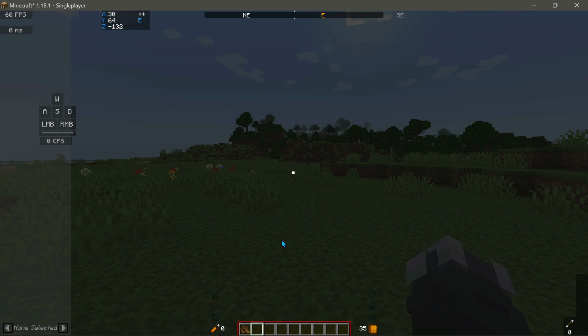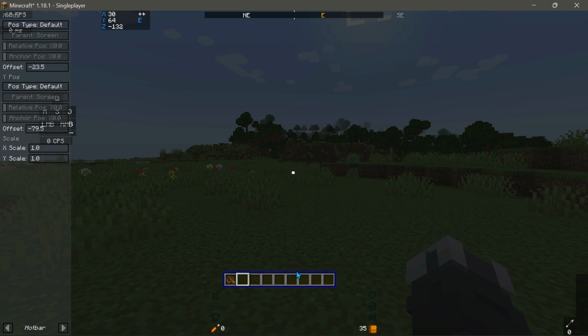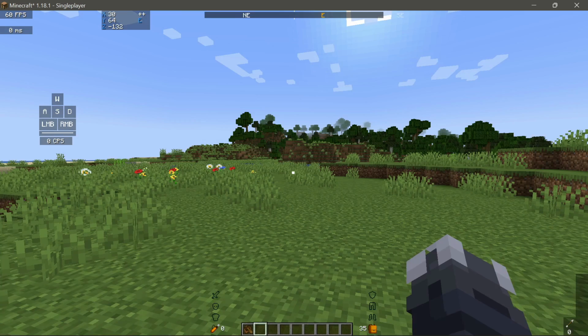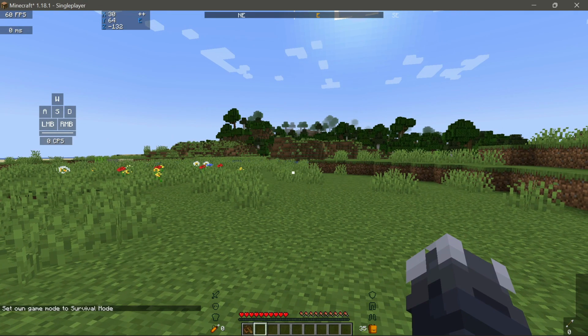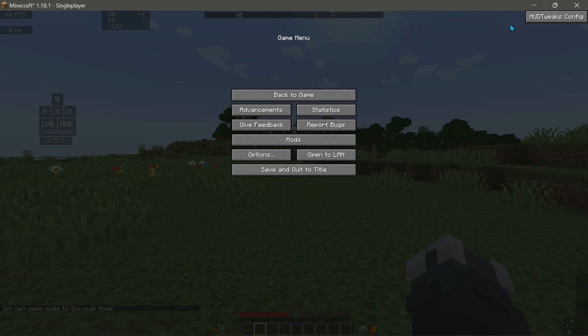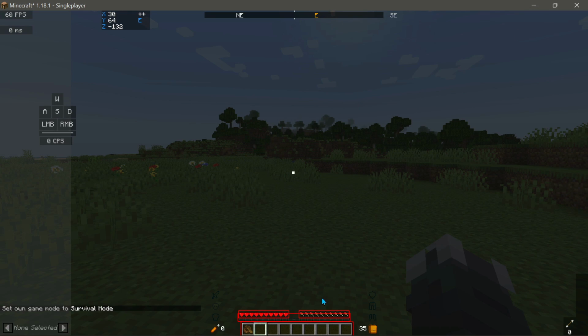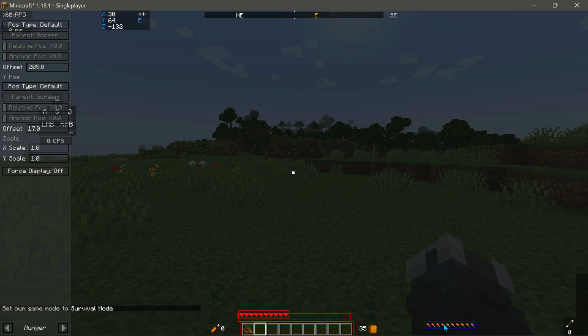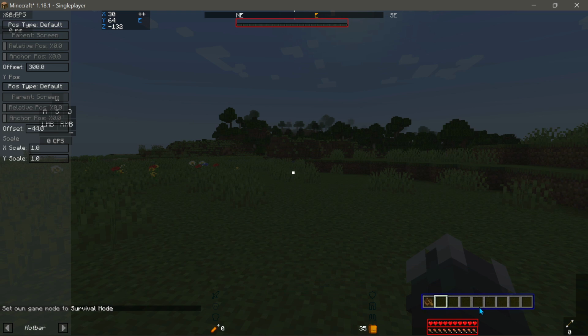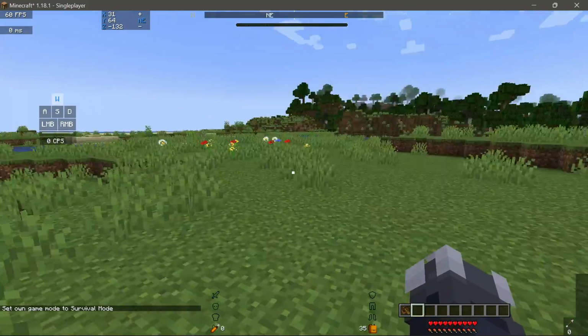If you just click into this, we can now go ahead and move our HUD items all over the place, and you can choose to place these wherever you like. Let me go back and change it into survival mode, and let me go into the HUD Tweaks config again. As you guys can see, I am able to move all of these particular items. I can move the XP bar on top over here, and I can move the hotbar anywhere I like to, and it gives us really nice flexibility in our games.